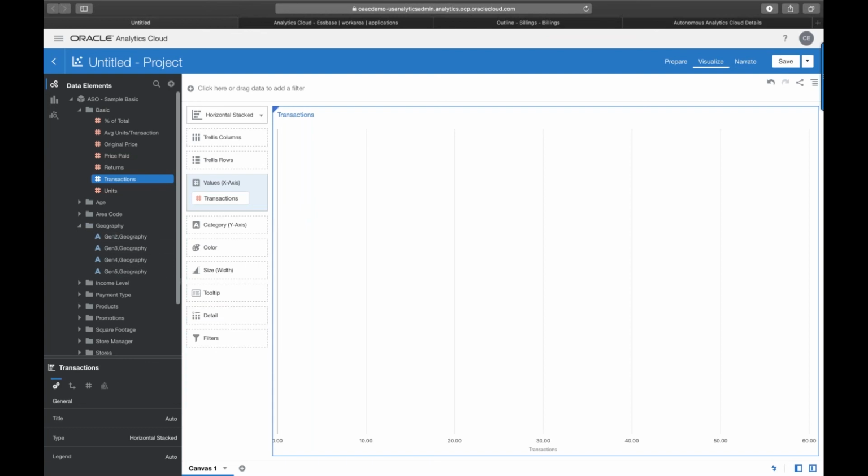One of the other things that's important to note, and this is something Oracle hasn't really gone into a lot of detail about, is, for those of you that aren't used to building your generations or levels with specific names in mind, if you're going to be reporting on it in OAC, I would consider going back and trying to rename some of those levels so that they're more reflective of what they actually mean. Time is a good example. If you've got year, quarter, month, etc., a lot of times it'll just come in as period repeated over and over, just like you're seeing here with geography. So I can see here Gen 2 geography is here. If I want to drag that over,